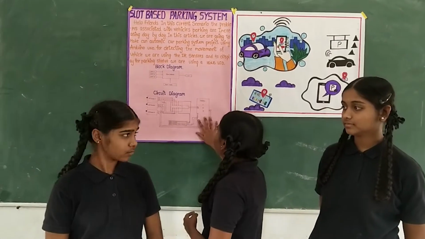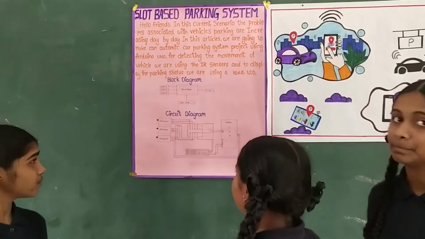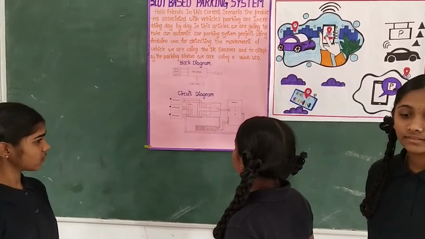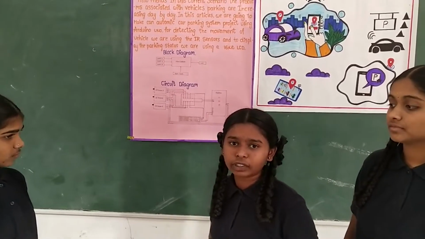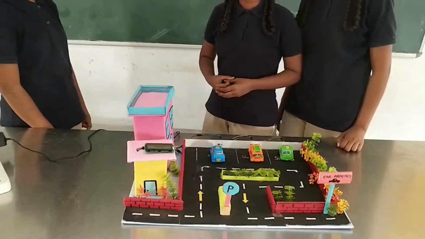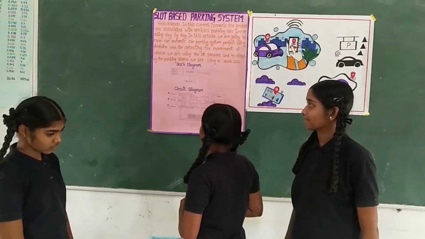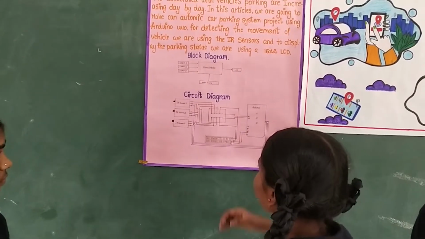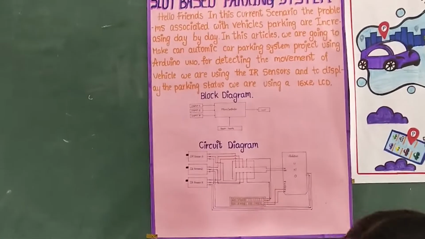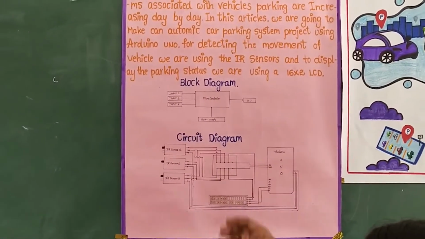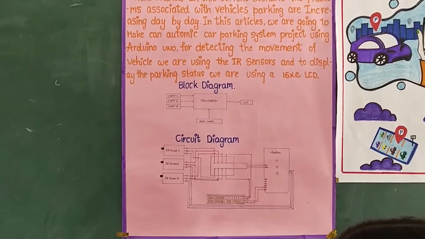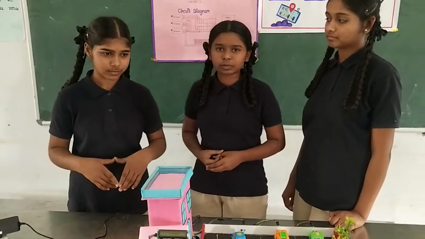Look into the block diagram and circuit diagram to get an idea. For demonstration purposes, we have created 3 slots here. So we are giving 3 inputs in our block diagram. The microcontroller, which is the heart of computer systems, is given power supply with an adapter. The input detected by the sensors, we can see as an output on the LCD screen. So I am handing my project to Rajita and she will explain that.